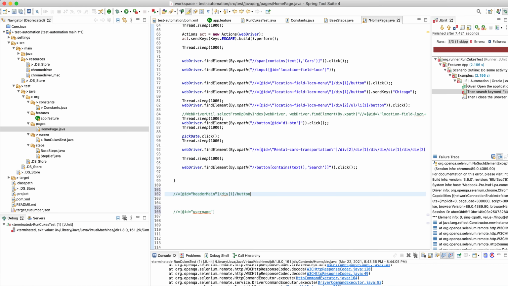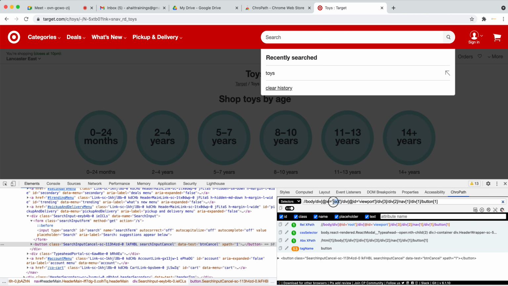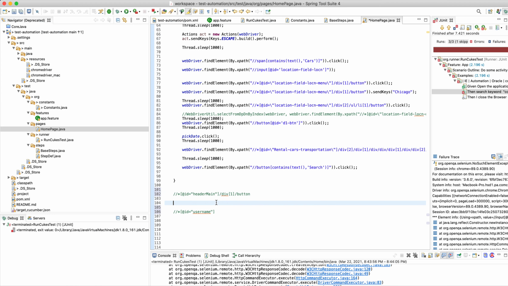What is this one suggesting? See, if you look at this, this is suggesting something better than ChroPath, right? I'll go with this one. Instead of going div 1, div 2, nav 1, div 2, body, HTML, div, I'll just go for this one.